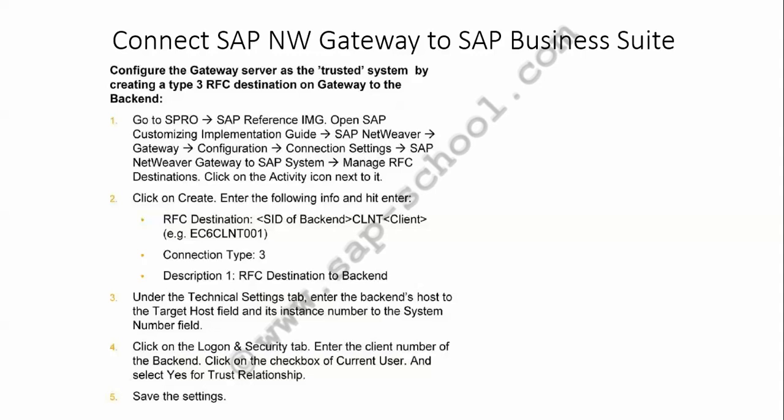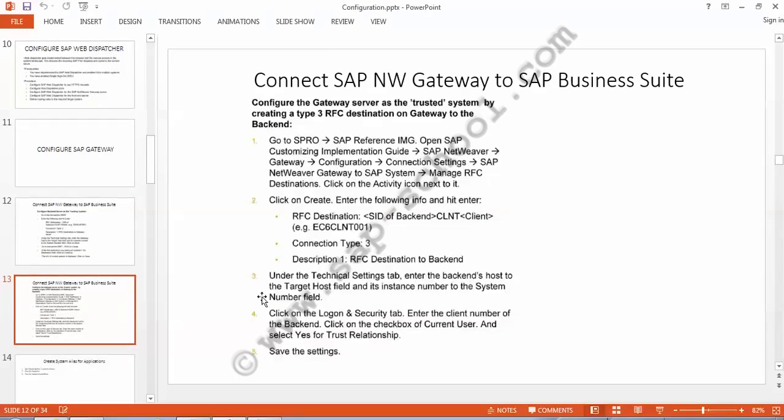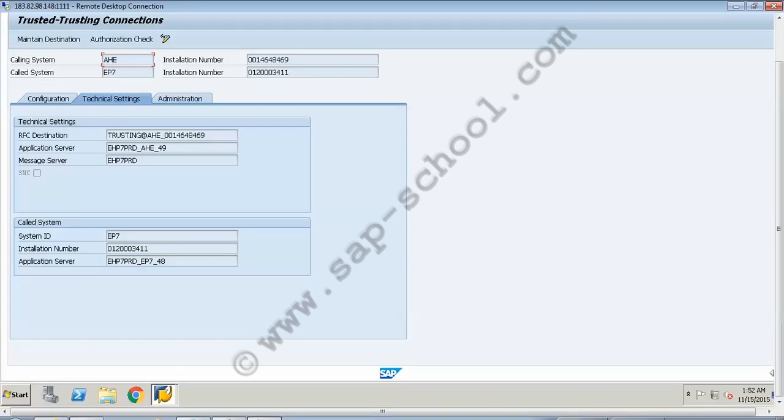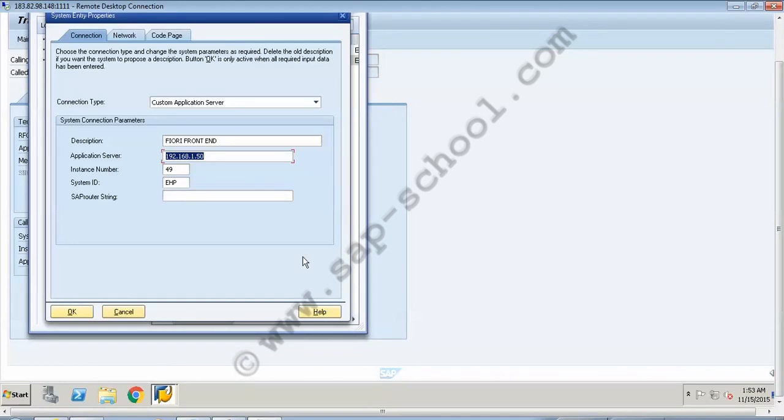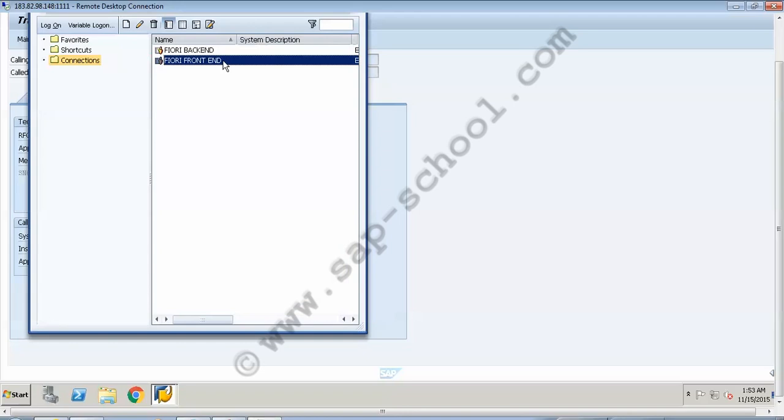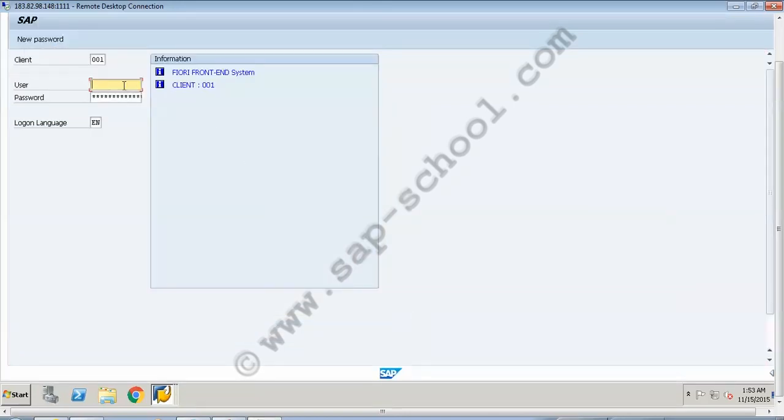and in the SPRO transaction we have to click on SAP Reference IMG. We have to go to the SAP Customizing Implementation Guide. Under that we have to expand SAP NetWeaver Gateway, then go to Gateway, then expand the OData Channels, then Configuration, then Connection Settings, and under that we have SAP NetWeaver Gateway to SAP System.